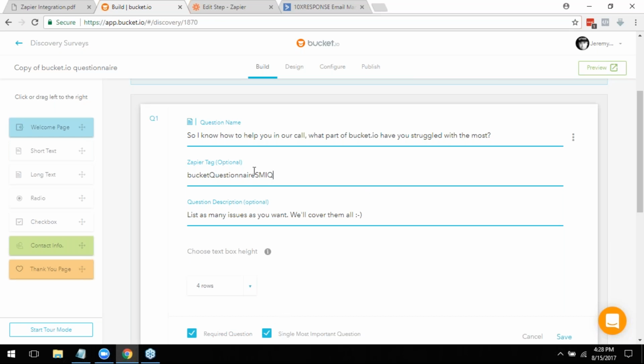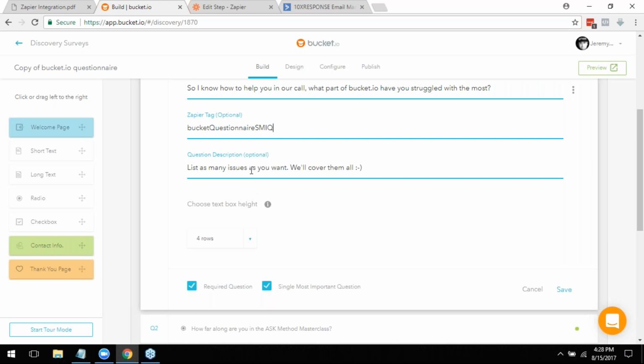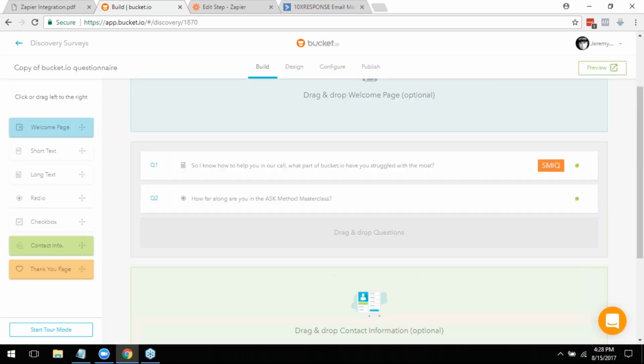So then in Zapier, I would just tell Zapier, send ActiveCampaign whatever this lead fills out in their SMIQ, so I can pull it in the autoresponder later. You can add it to every question, and so if you have 20 questions, you can add 20 Zapier tags and pull all of that info into your